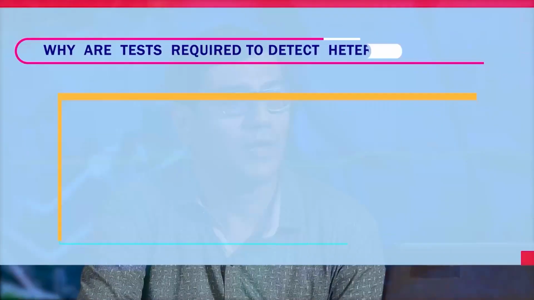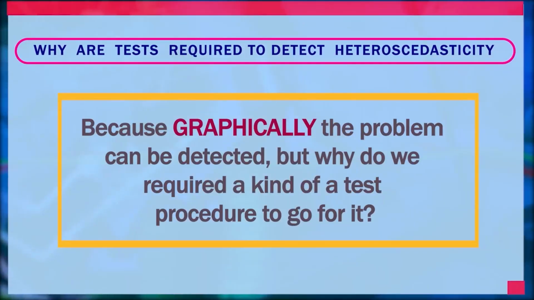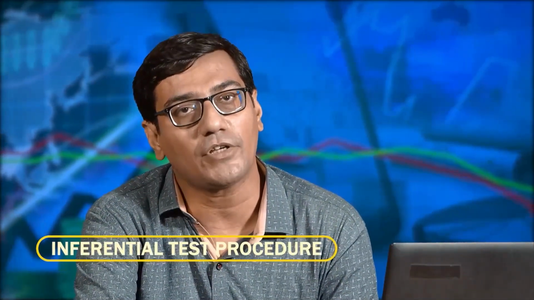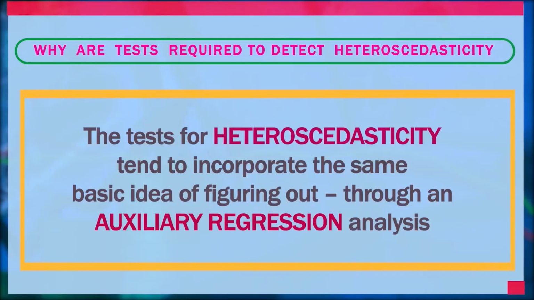Now the issue is why tests are required to detect the problem of heteroscedasticity. Graphically the problem can be detected, but why do we require a test procedure to go for it? In any data analysis, we go for an inferential test procedure, and based on it, it is important to identify the problem and the severity of the problem, because that requires confirmation. And thereby the tests of heteroscedasticity incorporate the basic idea of figuring out,